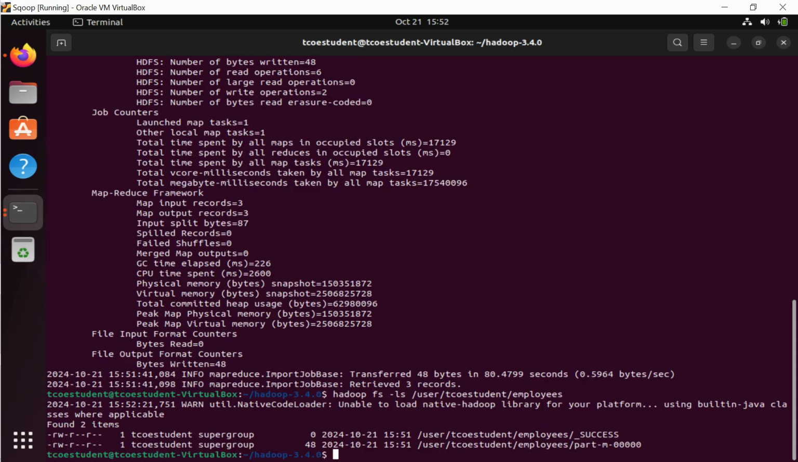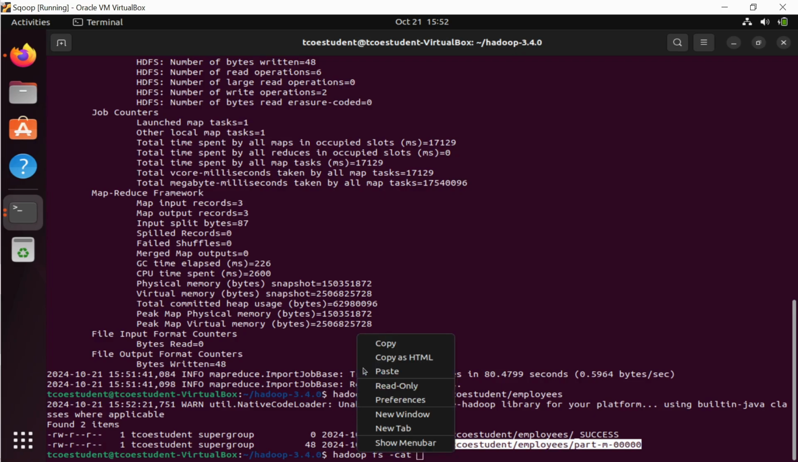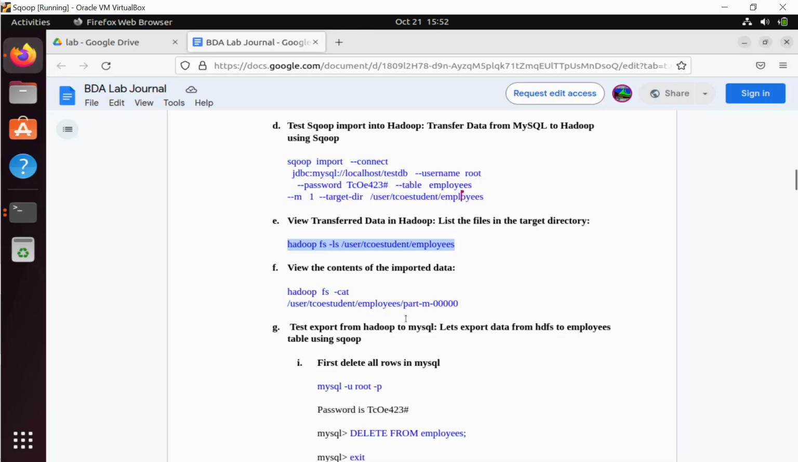So you see the folder was created and already there is one file over here. Now if you open this file using the cat command, the command is fs -cat, right? The same command is also there in the file, so you could have copied this entire command. Same thing I have typed,